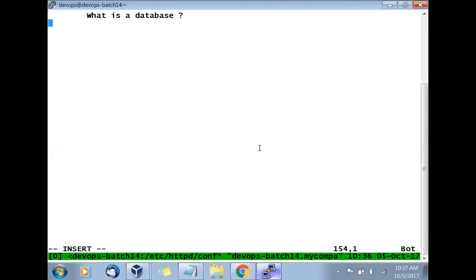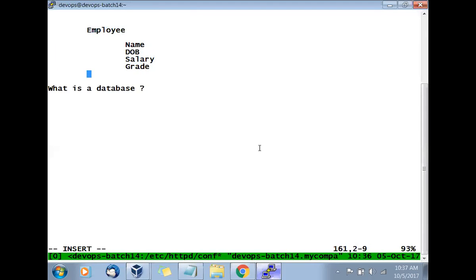Let's say, for example, you have an employee database. Now what do you have? Name, date of birth, salary, grade, and so on, right? Now you may have a million records, and you can put some search criteria, saying this username with this salary, with the age so and so, a grade, you can filter out the data.